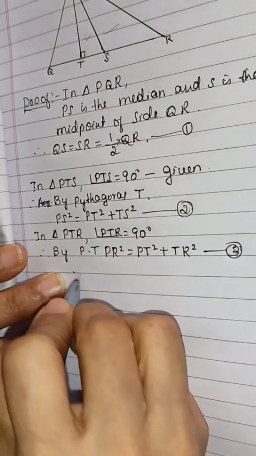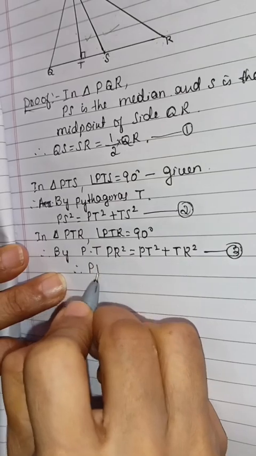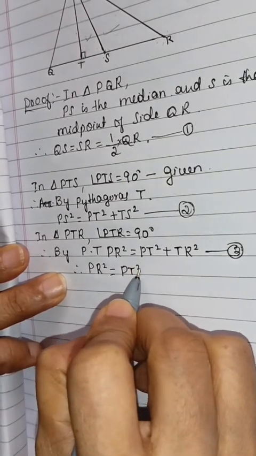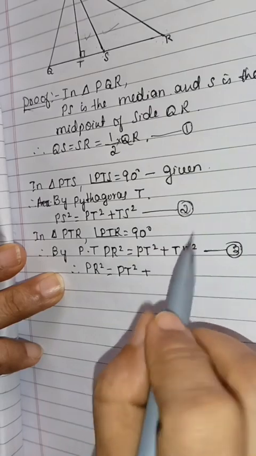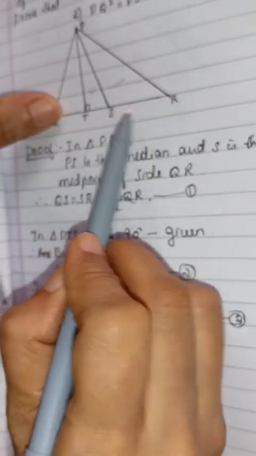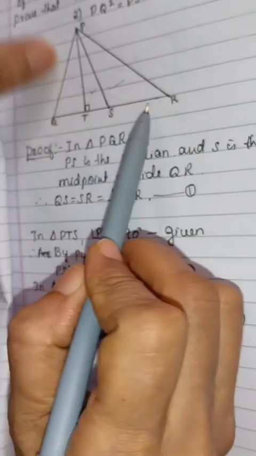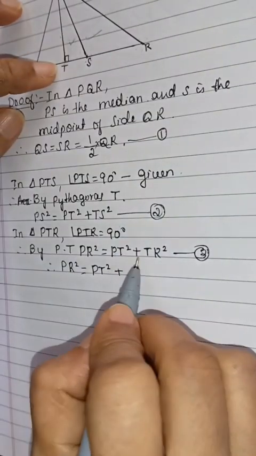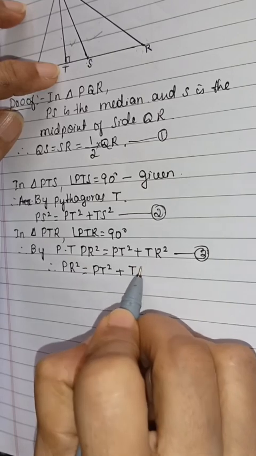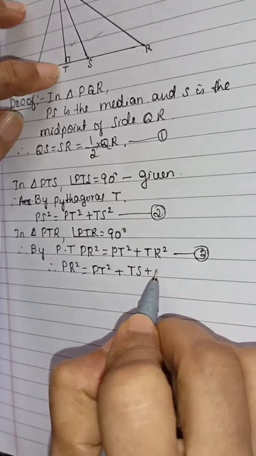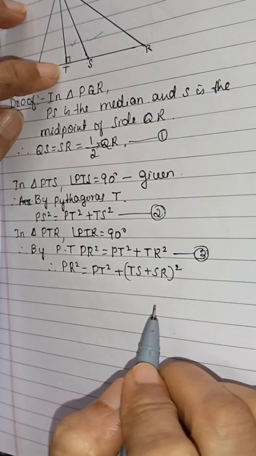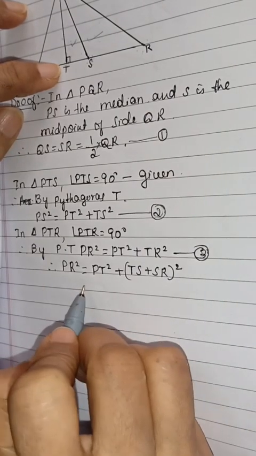Now, therefore, PR square is PT square plus TR square. TR means TS plus SR. So instead of writing TR, we have to write TS plus SR whole square. Therefore,